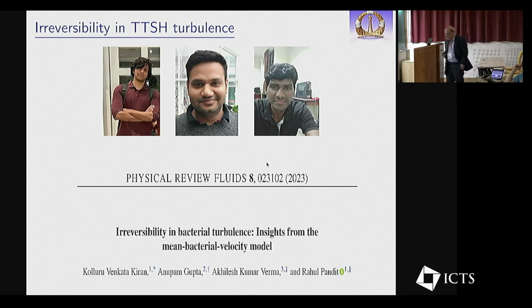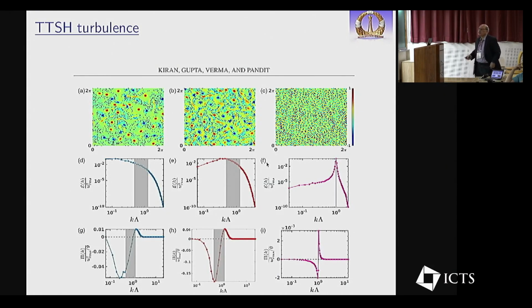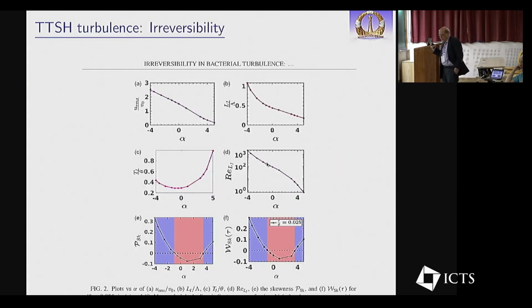So this, we investigated irreversibility in such bacterial turbulence in these TTSH models. I mean, all of you know that fluid turbulence is irreversible, but if I challenged you, I played you a movie of Lagrangian particles in a turbulent flow played backwards and forwards in time, you would not be able to tell the difference. This is just to show you the sorts of patterns we get for this TTSH turbulence. And then to characterize the irreversibility, you really need to look at the skewness of certain probability distributions, like that of power or of energy increments.